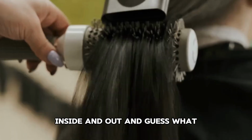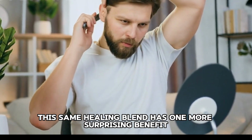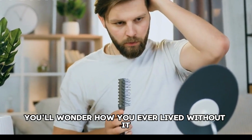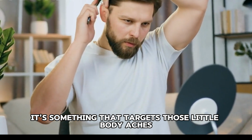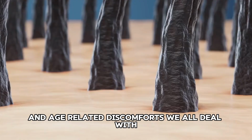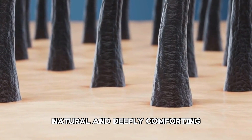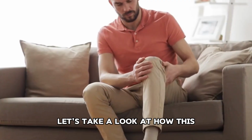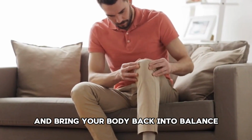And guess what? We're still not done. This same healing blend has one more surprising benefit that few people know about. But once you try it, you'll wonder how you ever lived without it. It's something that targets those little body aches, lingering tension, and age-related discomforts we all deal with. And best of all, it brings relief in a way that's simple, natural, and deeply comforting. Ready for the final secret? Let's take a look at how this amazing mix can help ease those everyday pains and bring your body back